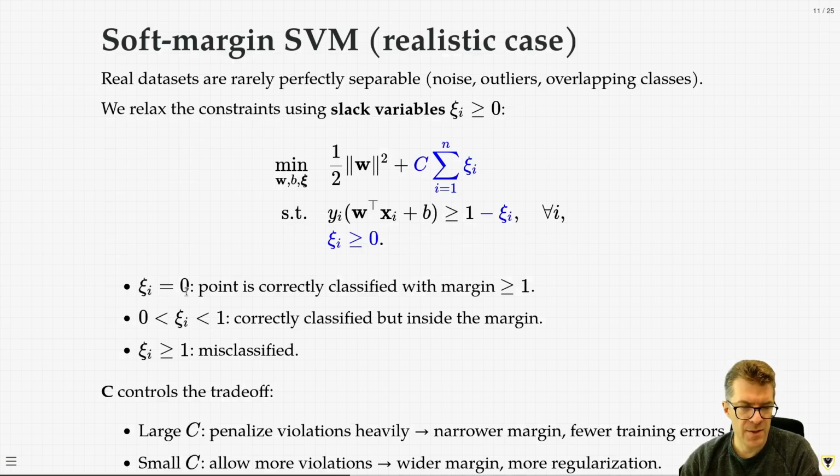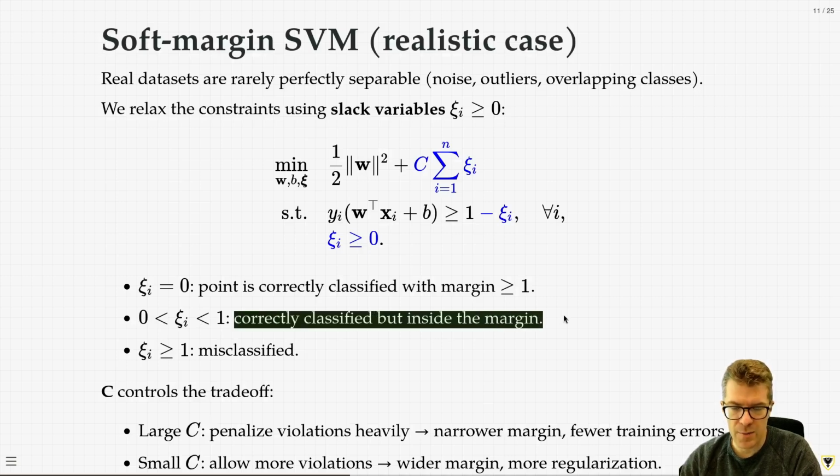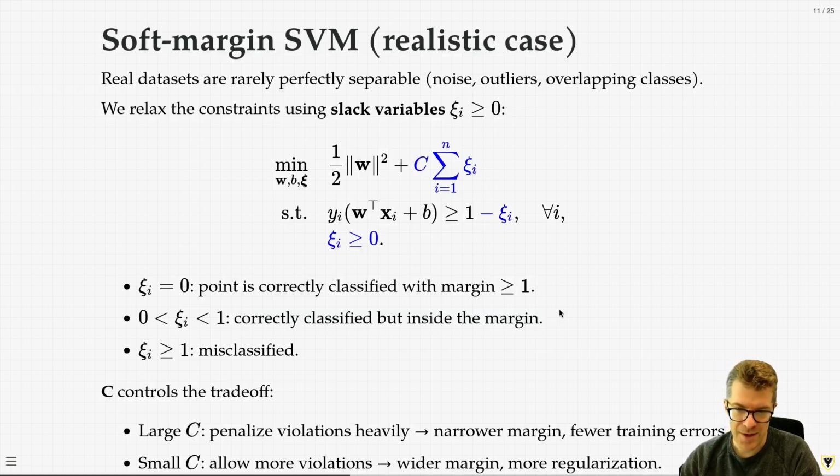So if xi sub i is equal to 0, this means that the point is correctly classified, and the margin is greater than or equal to 1. If xi falls between 0 and 1, this means that the data point is correctly classified, but it falls within the margin, or within what we call the neutral zone between the two classes. And if xi sub i is greater than or equal to 1, this means that this data point has been misclassified, but we still allow it. It's just not ideal. So we want to try to minimize the chances of these data points being misclassified, but it's still